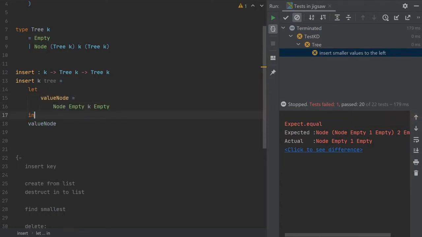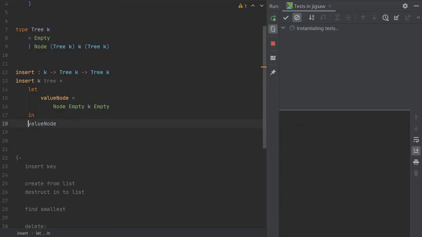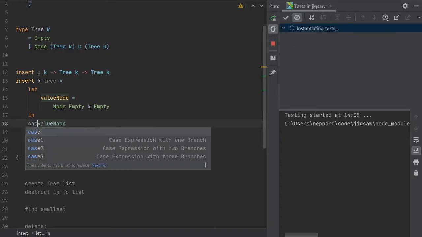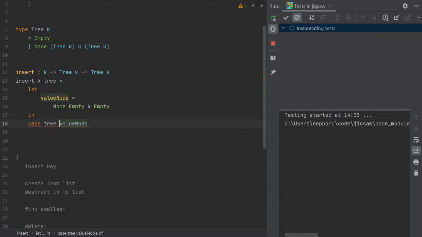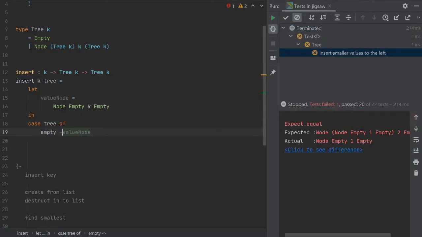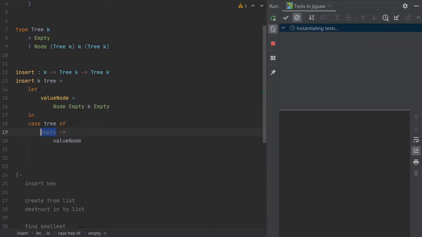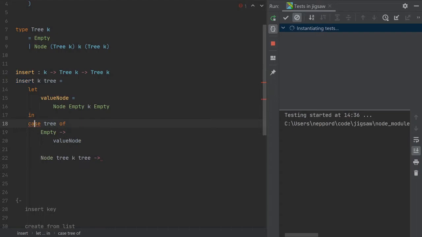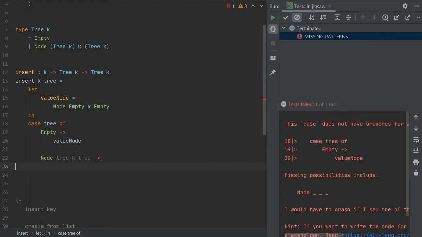And we want to put the value node into the tree. So we want to do a case on the tree of, and if it's empty, we know that we need to replace it. So that is cool. But the compiler or the editor here actually is complaining that we're missing this